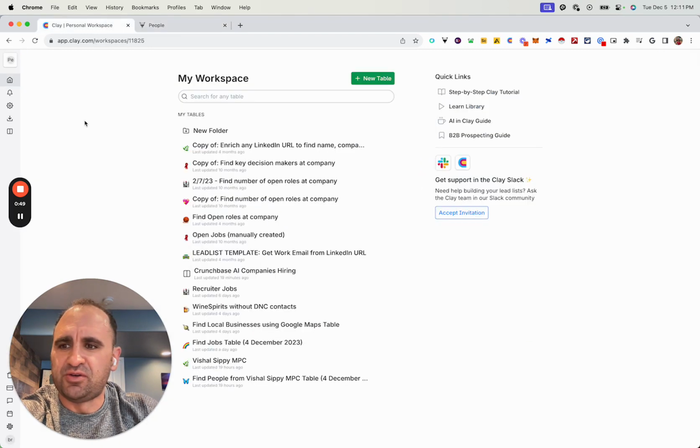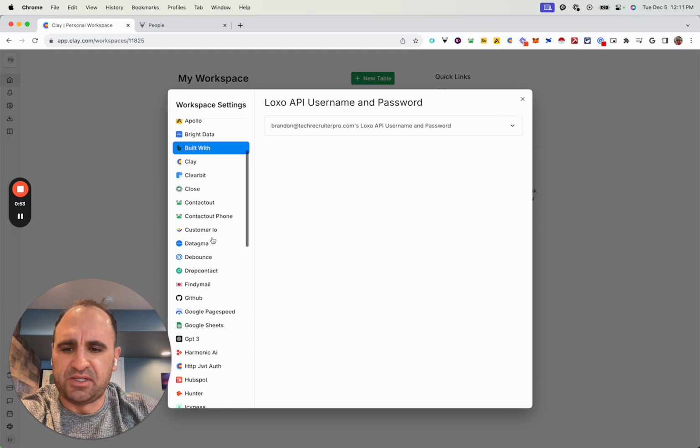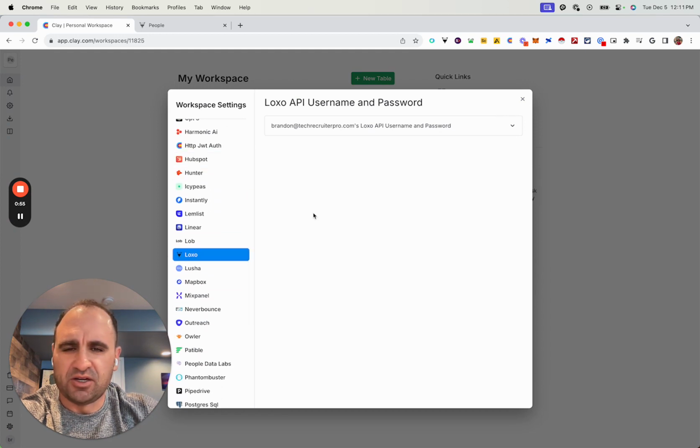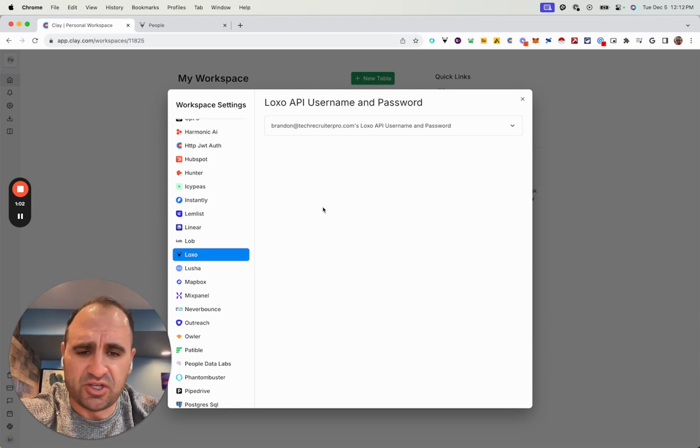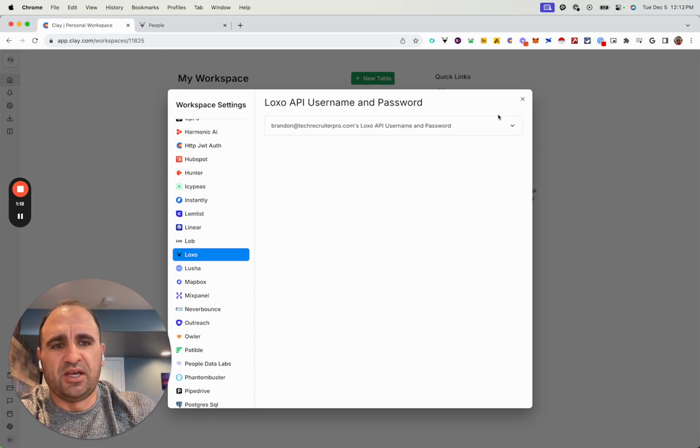And then what you need to do is go into Clay and then go to Workspace Settings. There's going to be a Loxo. You can see here, basically, I have my credentials in there. But I guess to start, what you need to do is reach out to Loxo support, which are super responsive, and just ask them for API access, which they should provide a username and password specific to API, as well as the slug. And so from there, your slug will be basically your API key. And so what you want to do is add